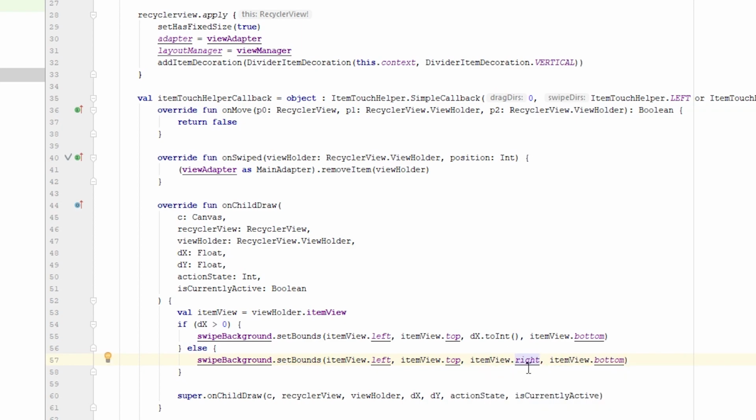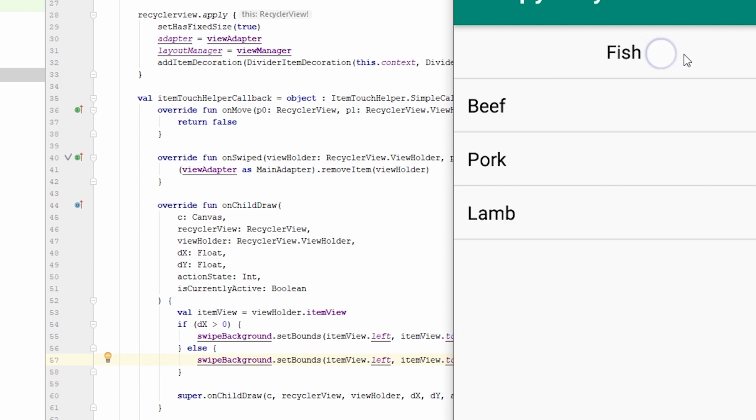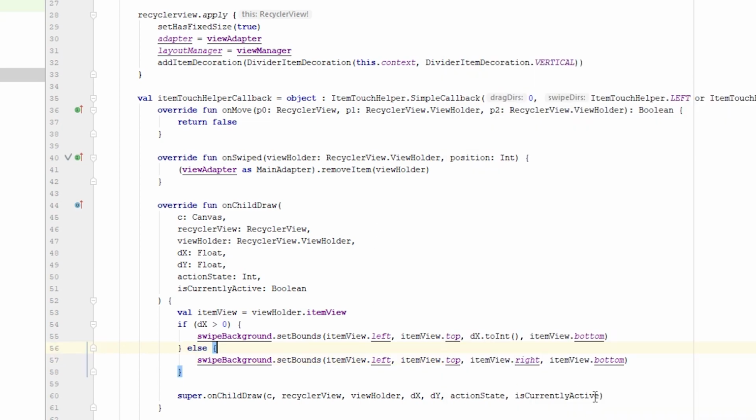itemView.right. And by the way, this item view is like the whole view, so it doesn't matter if you're swiping, the item view stays the same, as if it doesn't move while you're swiping. That's dx and dy. The item view stays the same. So we're gonna have item view right, item view bottom. Really simple. In that case, item view top, yes, because it's gonna be the top corner. Then we're gonna say item view right plus